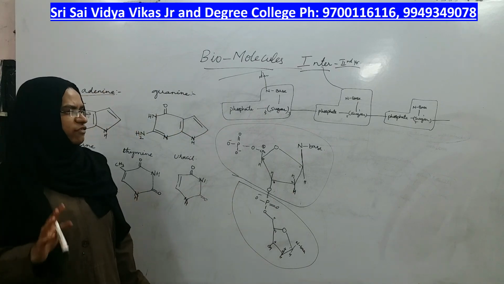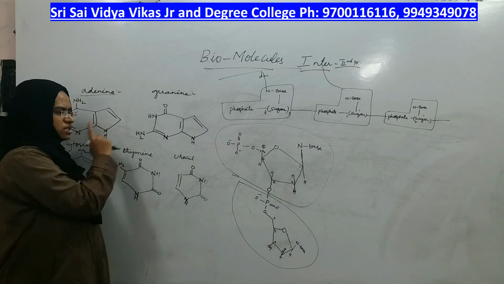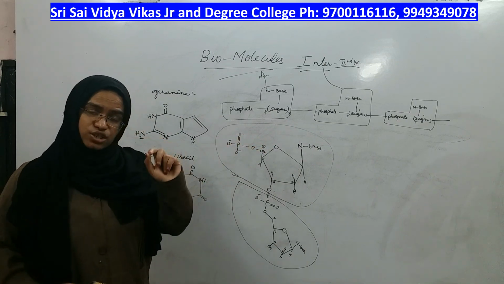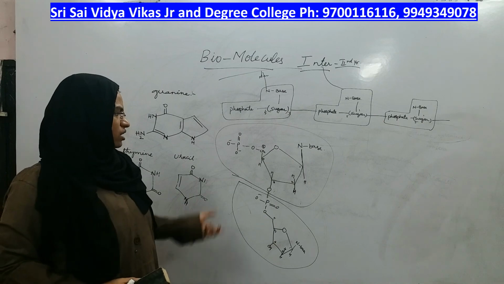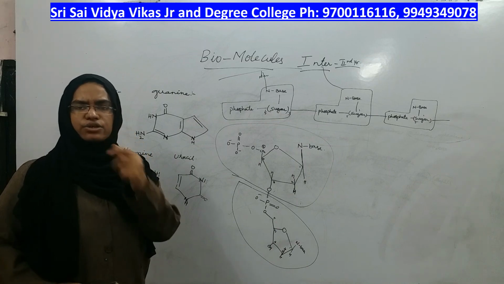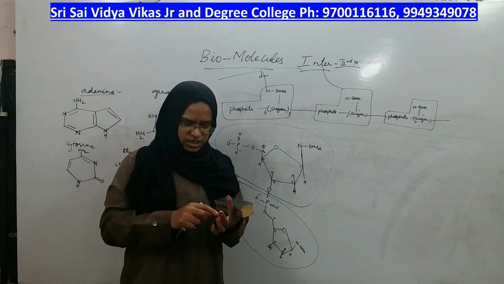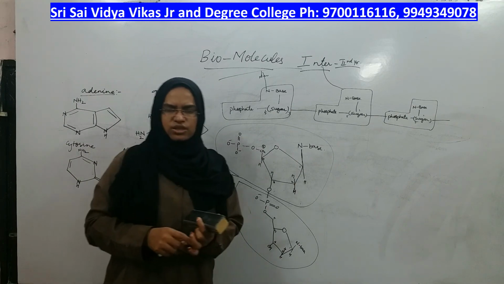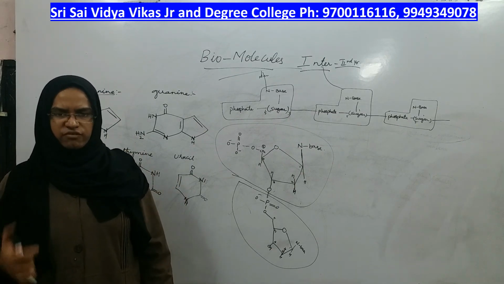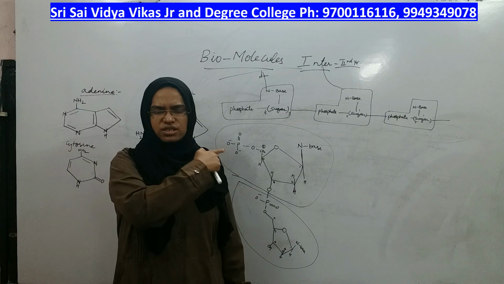So these are the structures of DNA and RNA. In the exam you may get to draw the structures of these, or the nucleotide structure, or the definition of nucleotide or nucleoside, or a diagram in which you are connecting two nucleotides. Anything can come from nucleic acids. What is the role of nucleic acids? They play a major role in continuing hereditary characters from one individual to the next generation. From one generation to the next, genetic material will be carried forward through these nucleic acids only.